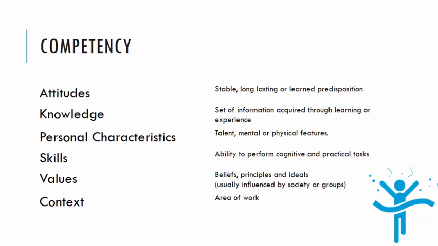Competencies of a person are usually put into four main categories: your attitudes, your knowledge, your personal characteristics, and skills. Your attitudes are some behavior that you tend to have. Your knowledge, things you've learned, maybe by observing, by interacting, by reading, just by watching, or even sometimes by thinking and documenting what's going on, or just internalizing it.